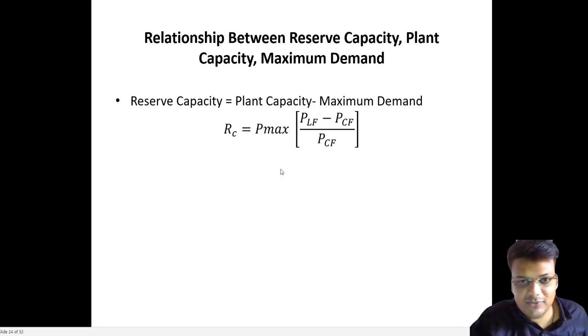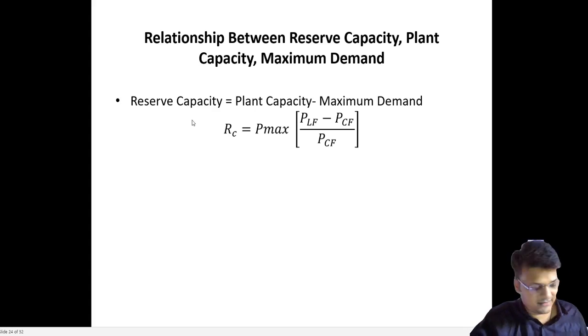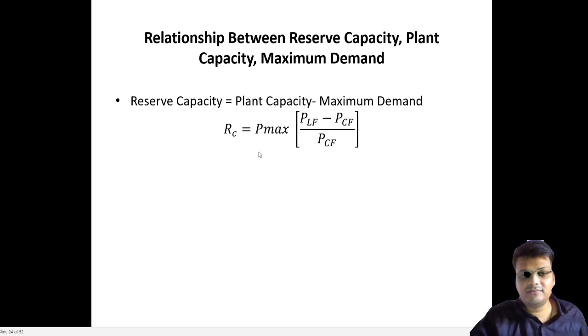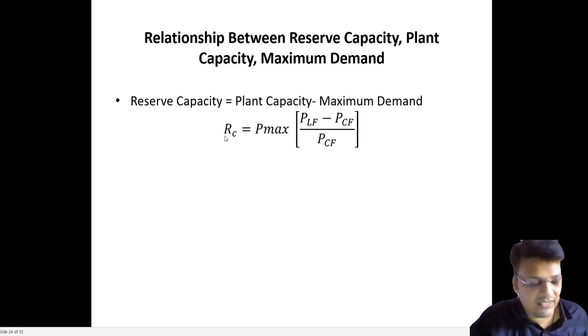I hope this is a very important formula and you will get one question from this area, because it will let you calculate all the factors like load factor, capacity factor. So if you have all the concepts clear, you will easily get the reserve capacity. So please take the screenshot and we will move further. Once again, please be careful. It is given that it is a load factor and this is a capacity factor. Pmax means the maximum demand of the plant. So by putting this value, we will calculate the reserve capacity.